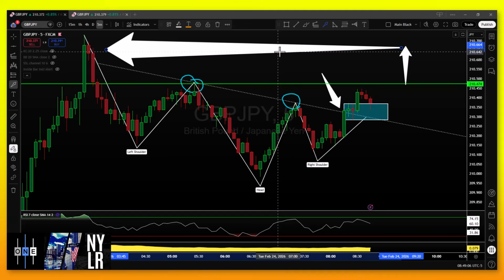So the head and shoulders pattern is going to be pretty much exactly in the same context as the flag pattern, if you're trading the slanted trend line break,